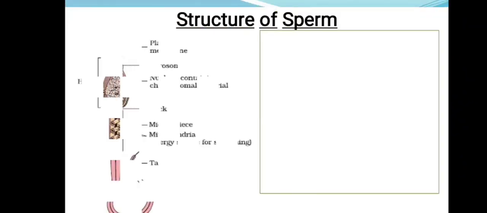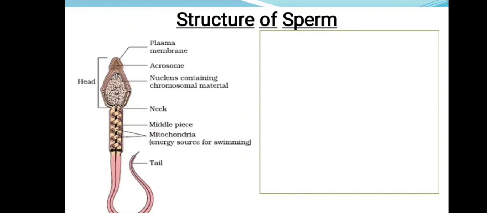So here we go with the structure of human sperm. This structure of human sperm is a very important concept in the chapter human reproduction. Explain the structure of human sperm can be asked for a 5 marks question. Here we go with the structure now. Now you can see the diagrammatic representation of the human sperm